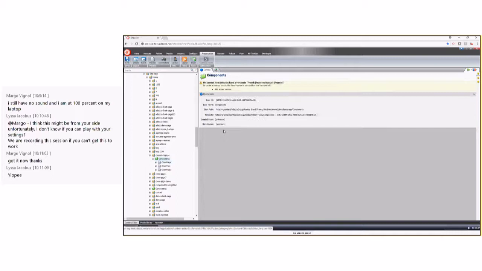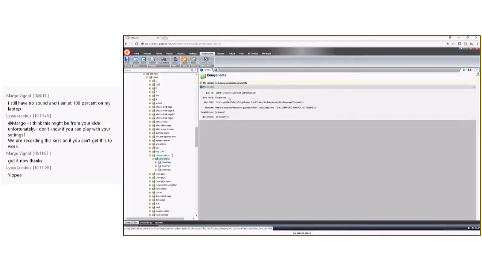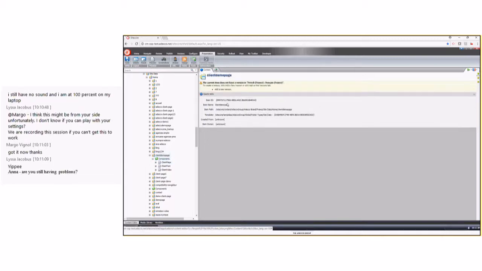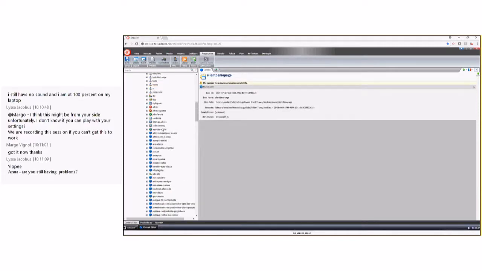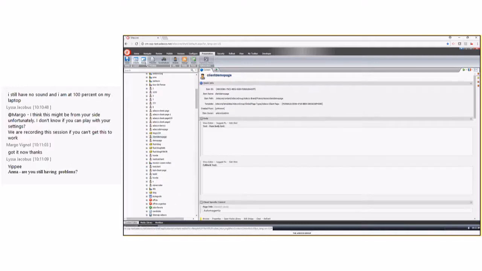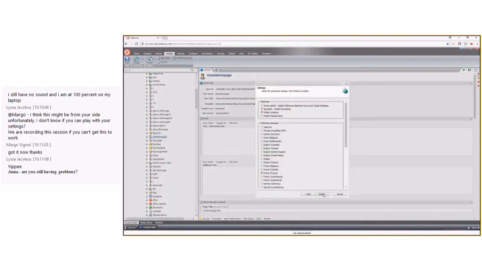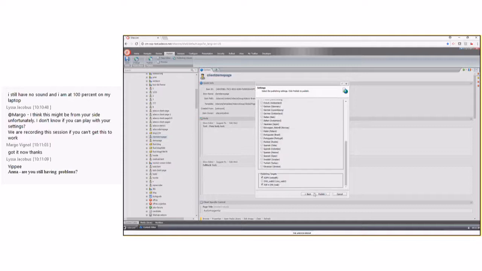So all the data sources are created here with the default text, which is available here. So let me quickly create the default version in the French language. And if I go back to the page which we created, and publish this in the French,